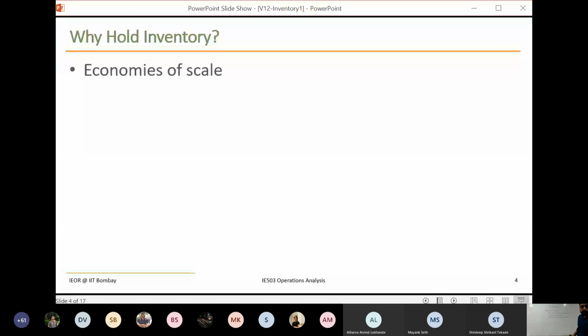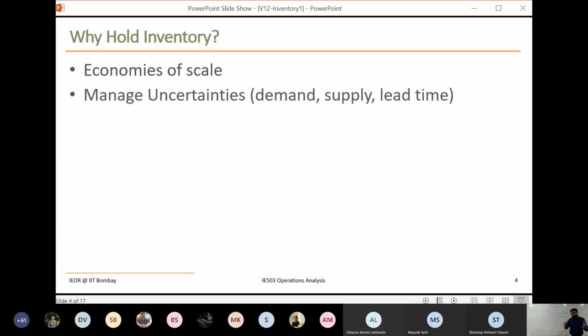Because of that, we have to handle large inventory, and then we have to store that much inventory with us. One point also told was to deal with uncertainties as buffer stock. There are various things that can cause uncertainty. Demand can be uncertain, which is a very common thing that we deal with. Supply can be uncertain. Lead times can also be uncertain. The difference between supply and lead time is that supply refers to the supply quantity being uncertain, while lead time refers to the time it takes to go from point A to point B.